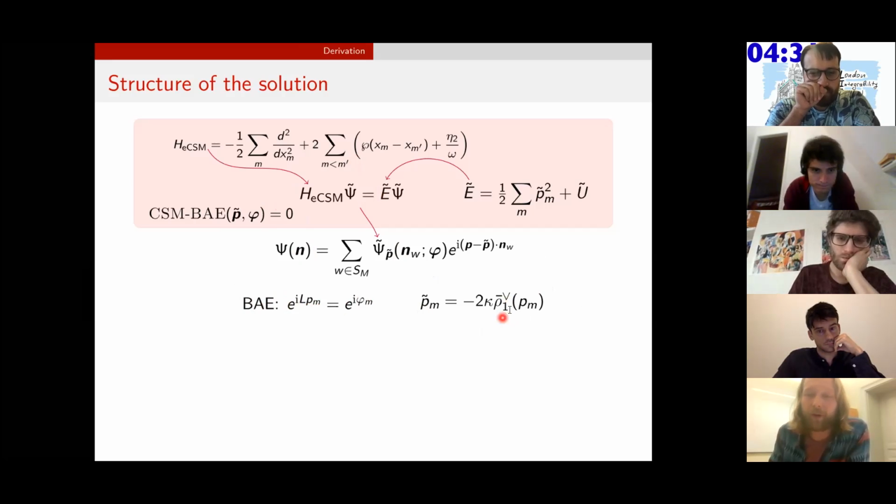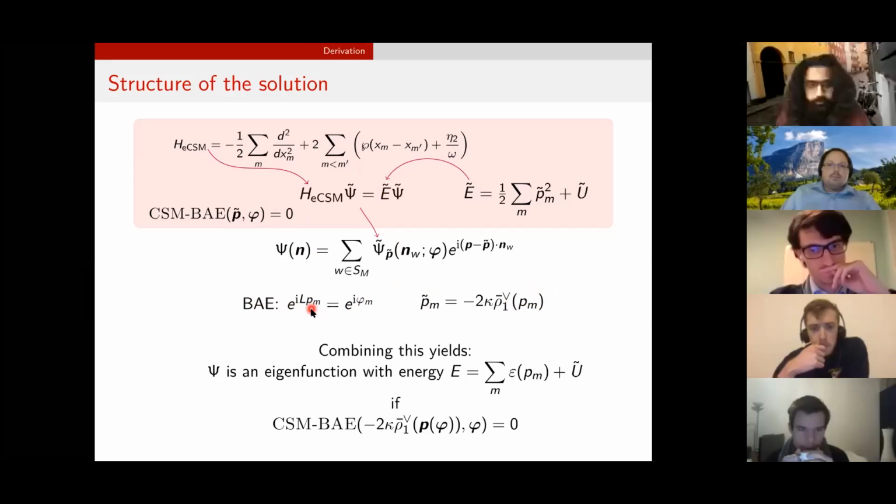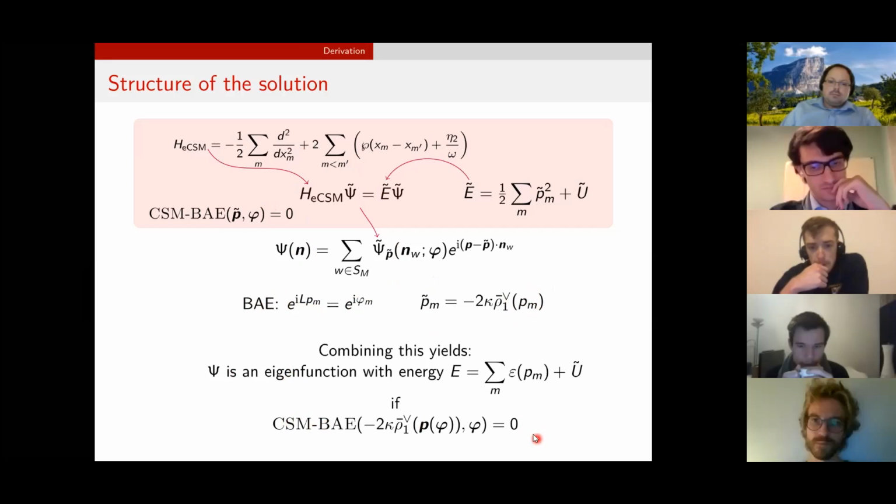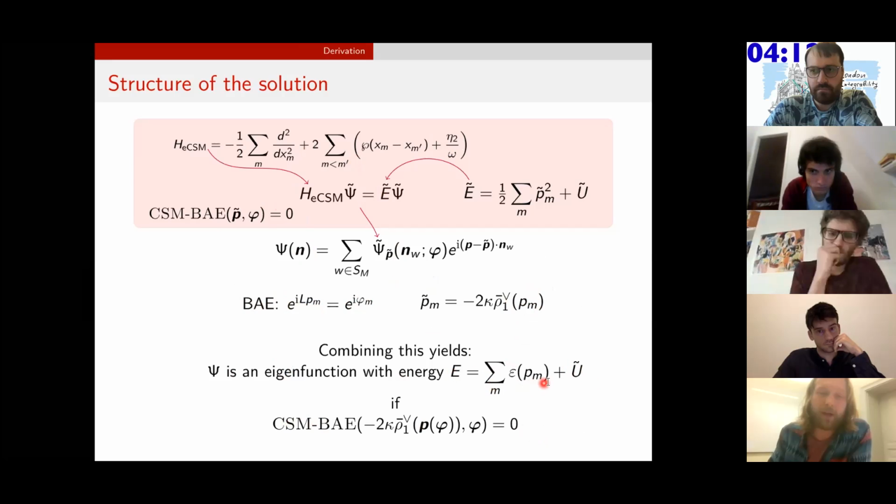Moreover, you have to also identify the quasi-momenta of the continuous model of the Schrödinger operator with those of the spin chain. And now if I package everything together, I can say that I found an eigenfunction, given that these constraints hold, and the energy is extremely simple. It's just a sum over the dispersion evaluated at quasi-momenta, exactly as you would wish. And there's an extra bit, which basically just depends on what type of solution you choose for the elliptic Calogero-Sutherland-Moser Hamiltonian. So it's very simple.